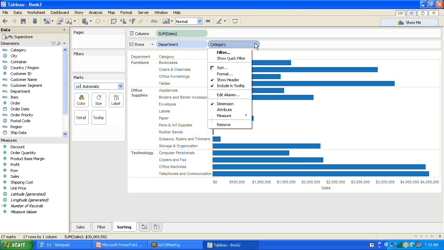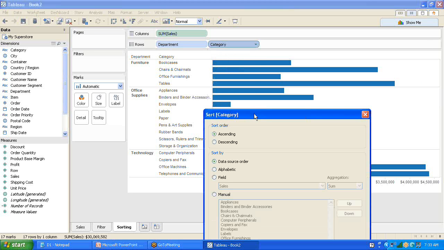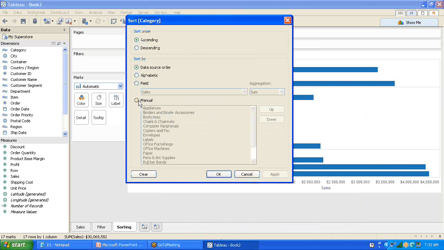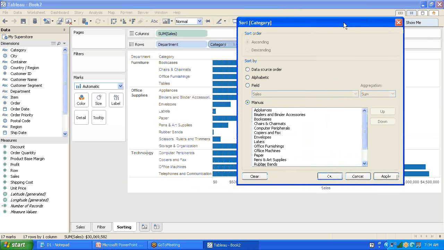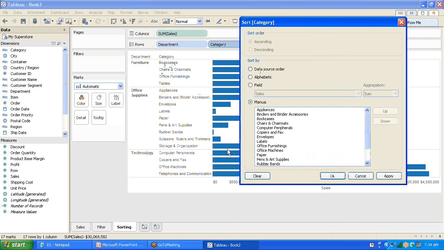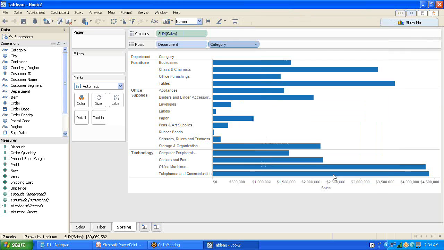Same way, if you want to apply the sorting to category, say I want to apply it manually. So what is manual? If you see this, all are sorted alphabetically, A, followed by B, then followed by C. I forcefully want to take this one. I want to take computer above the chair. Now you click apply, click OK. So now you see that here